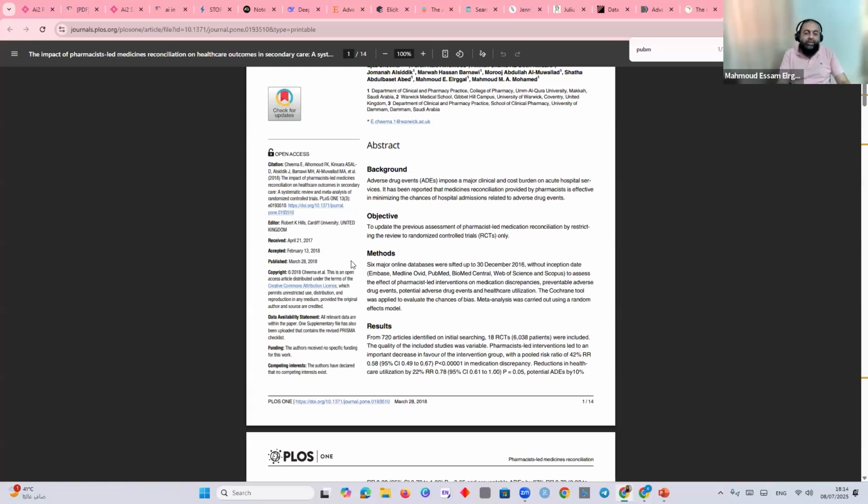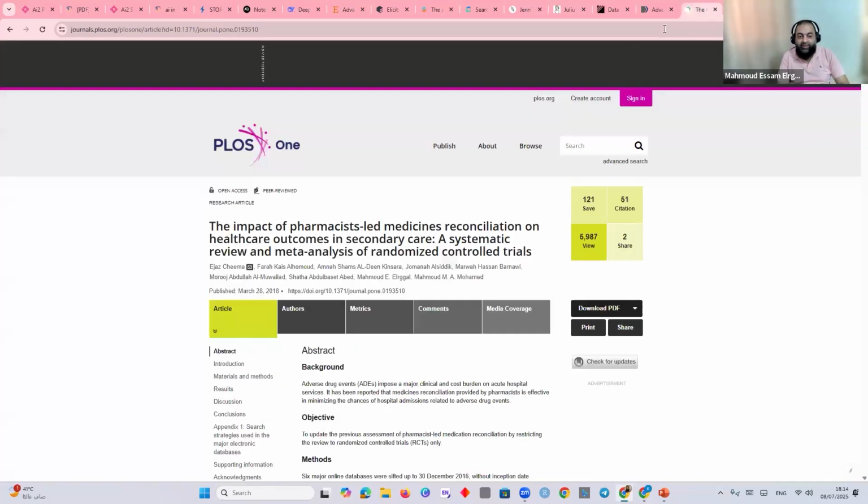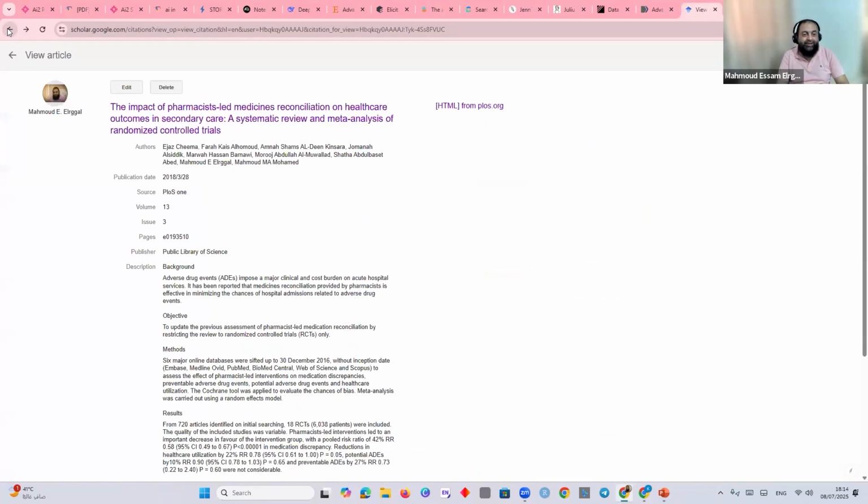Here you will need to say what databases you have come across, with the date up to this time. These are the databases: Embase, Ovid, PubMed, and so on. In a systematic review, it's a completely different story